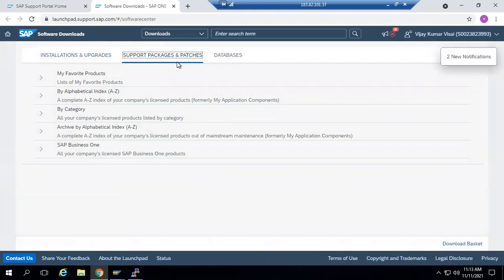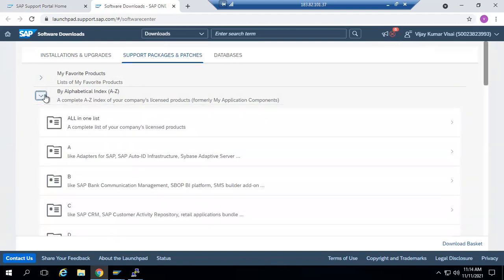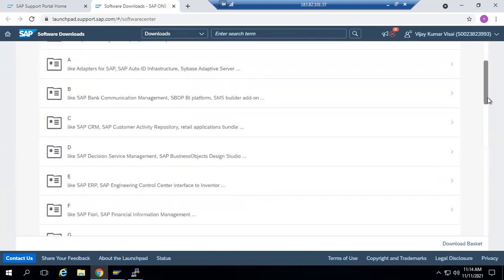All the versions below 720 you can find in the archive, and the latest ones above 720 are present here, by alphabet index A to Z. Expand this one, scroll down.